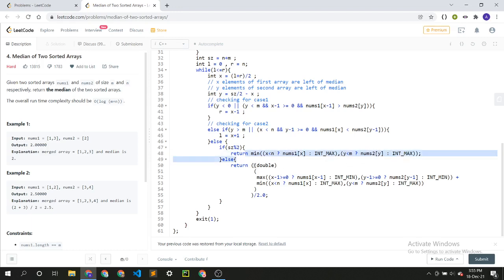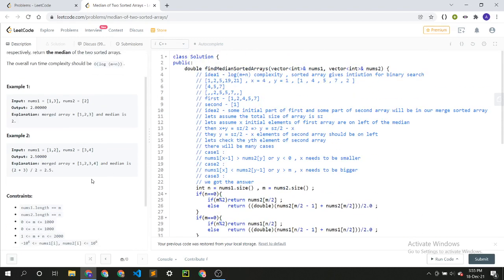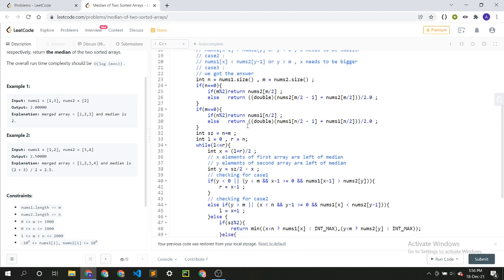And in case of even size, the first part of median will be from, let's say if I took this many from first, this many from second, first part of our median will be either this one or this one. Okay, so whichever is greater will be our median. So what I am doing is that I am taking the max out of nums x minus 1 and nums y minus 1 here, and the edge case is that if my x minus 1 is greater than 0, then only I will take, otherwise not.